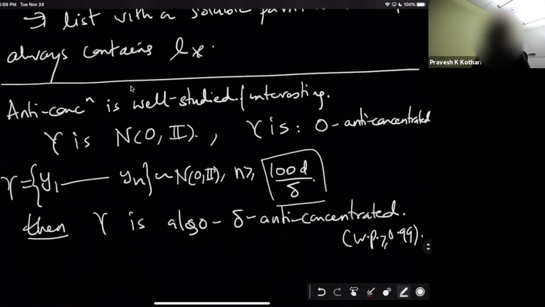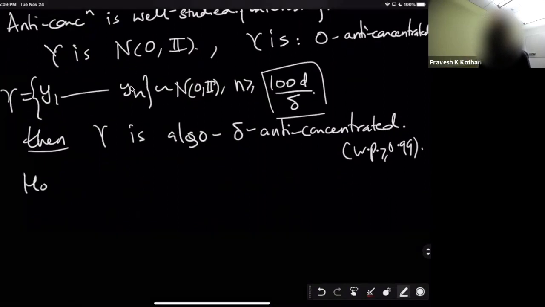Again, I'm not going to prove this, but it's a simple exercise in Chernoff plus union bound. Maybe some care is required, but let me not get into it. Here the set you're union bounding depends on n itself, so it's a slightly tricky union bound, but it still works out fine. So I'm just going to say that this is a Hoeffding plus union bound argument.